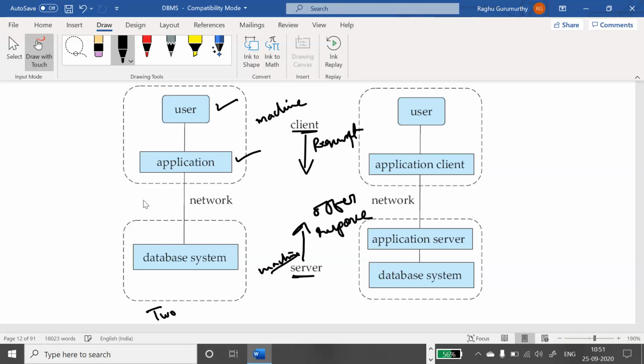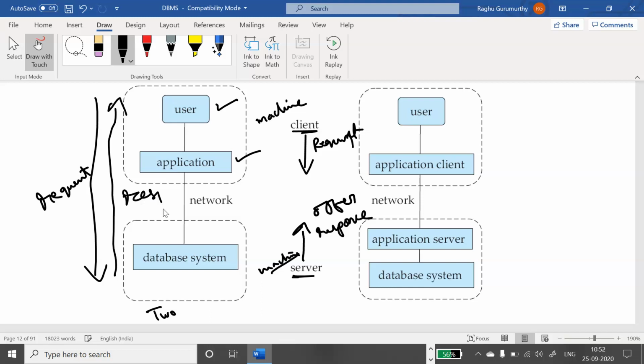From this client machine to the server database, there is a request, and with respect to this request, there is a response. Getting? This is the request and response happening between client and server. The database system is available in the server. This is two-tier architecture.